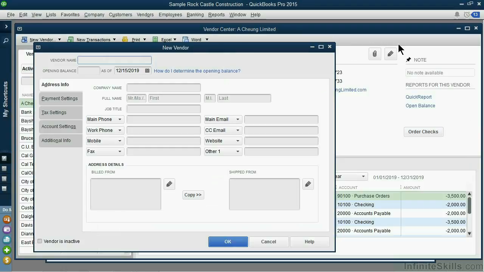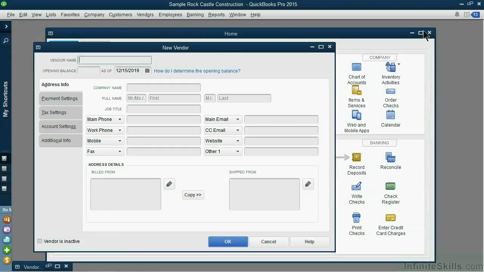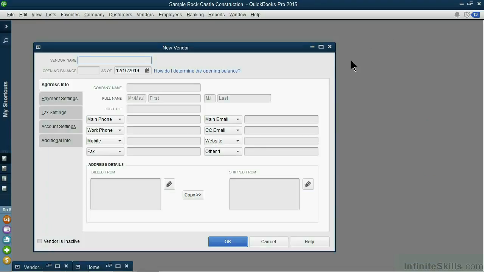Now, just to make this screen a little bit easier to see, I'm going to go ahead and minimize the centers and the windows in the background. There we go. All we need to do is simply fill out all of the information. These types of forms are usually grouped into categories, and we can see those categories or tabs along the left-hand edge of the form. There's address info, payment settings, tax settings, account settings, and even one for additional info. The basic contact information, and what people would consider to be probably the most relevant and important, is on the